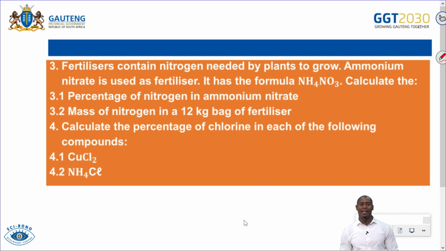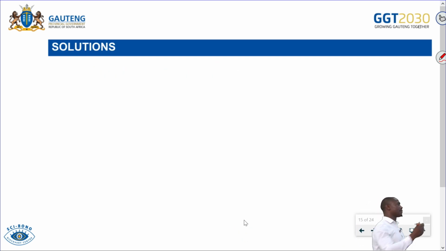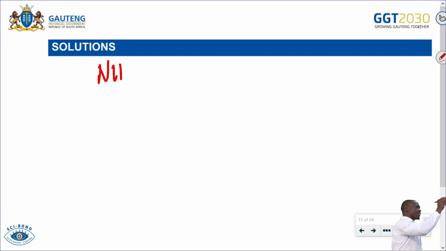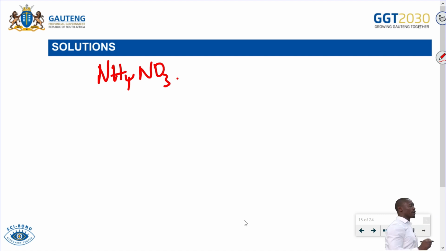So number 3, what are they looking for? Right? They are looking for the percentage of nitrogen in ammonium nitrate. Ammonium nitrate, where are we going to start? Ammonium nitrate is NH4NO3. All right? So we have to start by calculating the molar mass of ammonium nitrate, right? So the molar mass of ammonium nitrate,